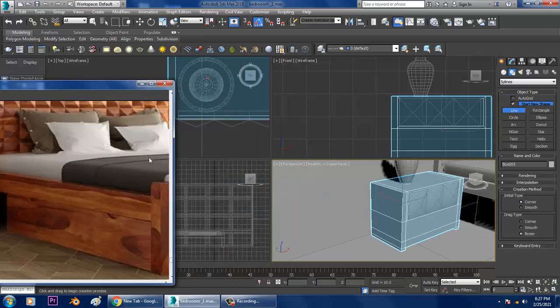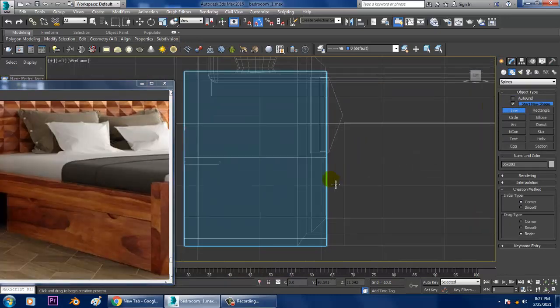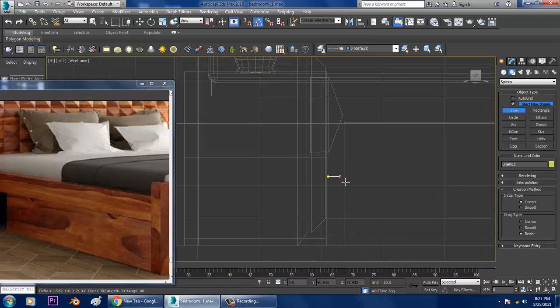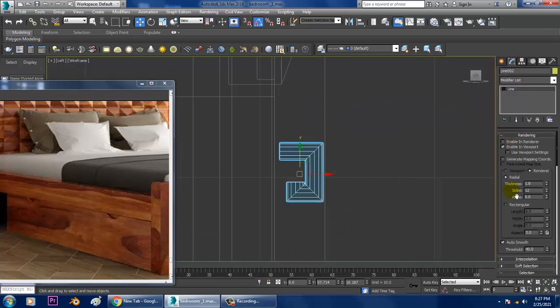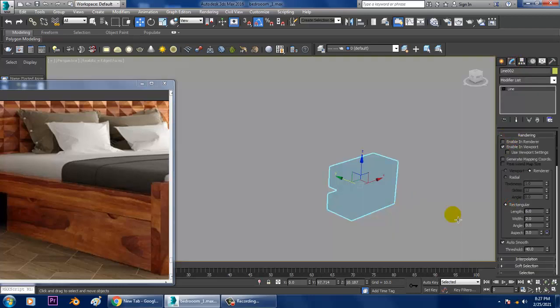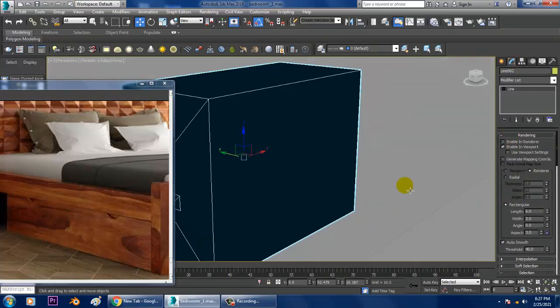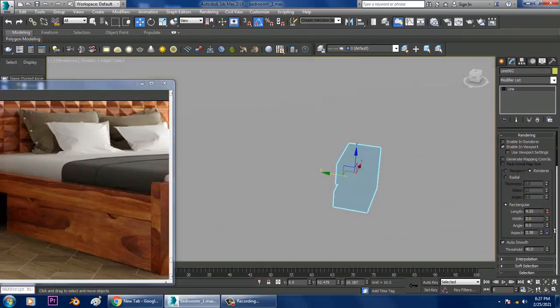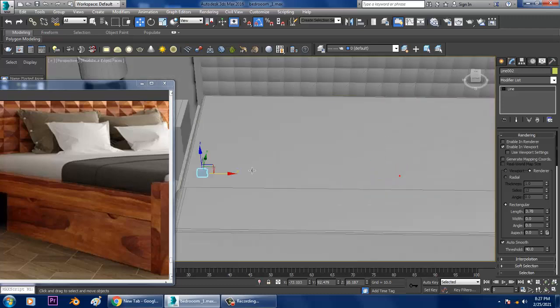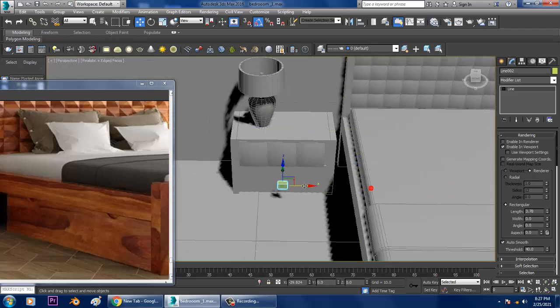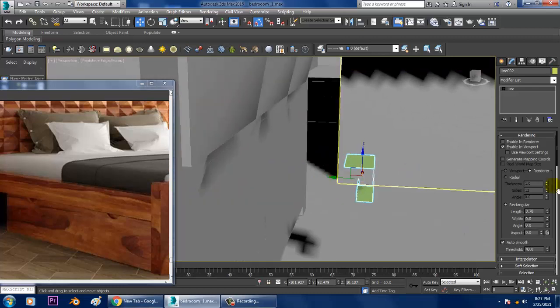Let's go into this side view, and in rendering, enable in viewport and make it rectangular. Just keep on saving your file. Increase its thickness a bit.